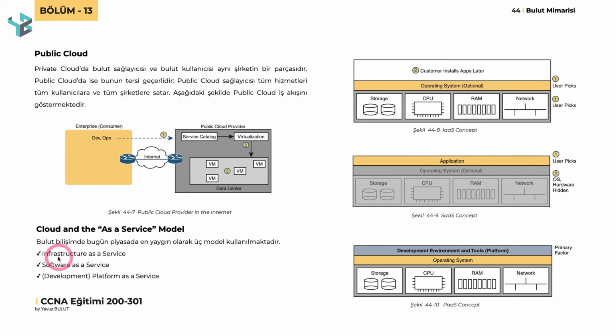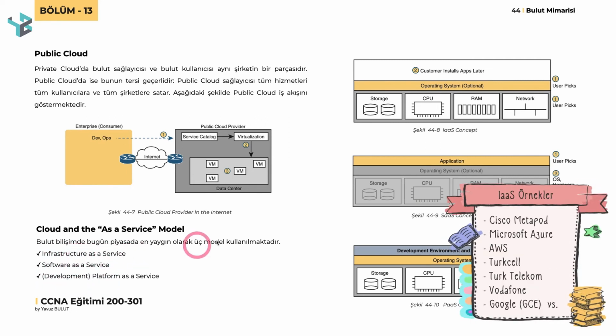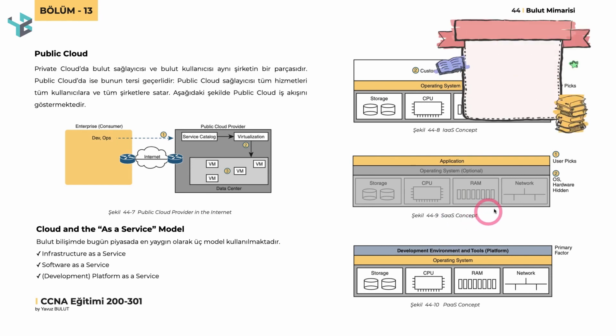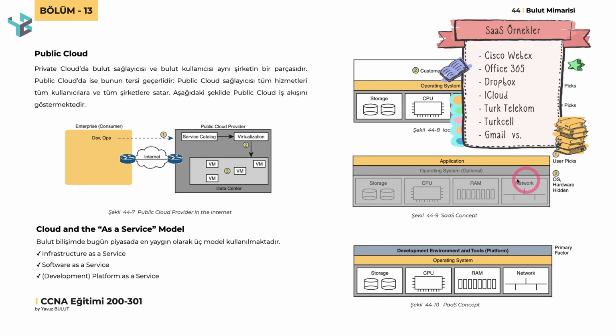First, let's talk briefly about infrastructure as a service. Here, the customer determines the features of the server according to his own needs, hosts the server in the data center of the service provider, installs the operating system and applications he wants to use on it and starts using the server. The second widely used method is software as a service. In this method, the company that provides the cloud computing service determines the hardware and operating system itself. We only use the application we purchased on this server.